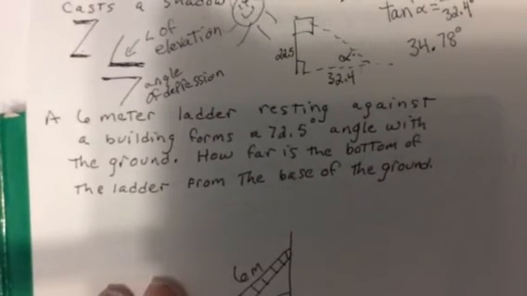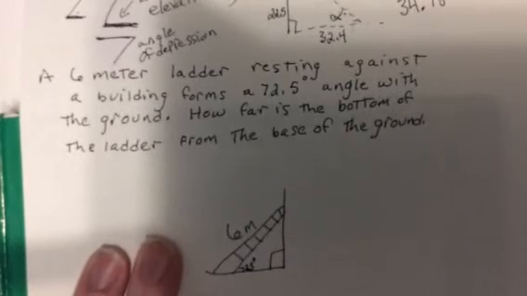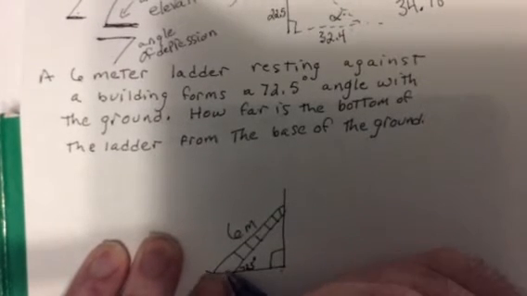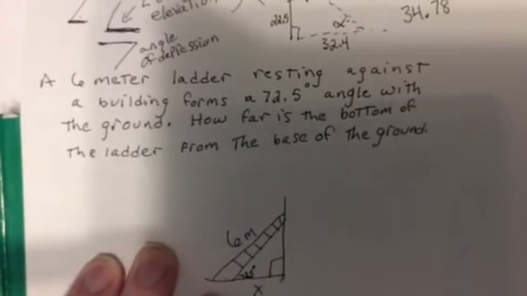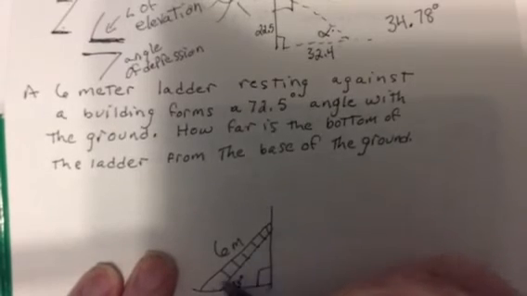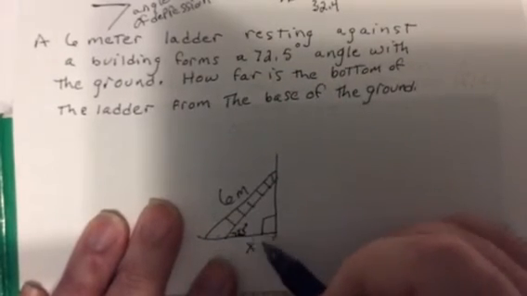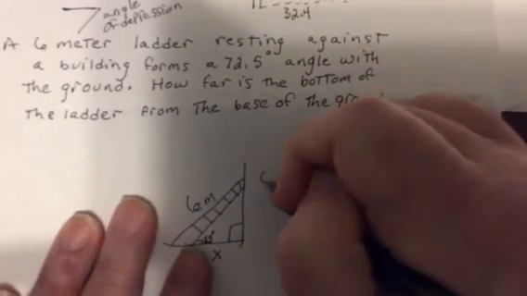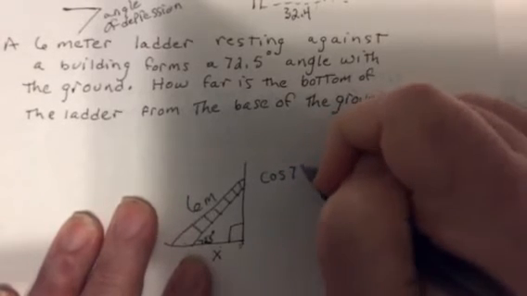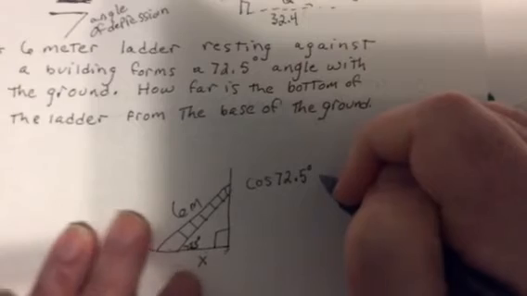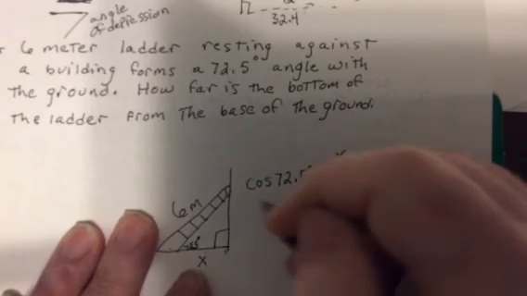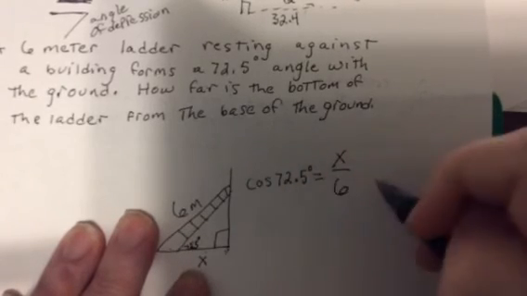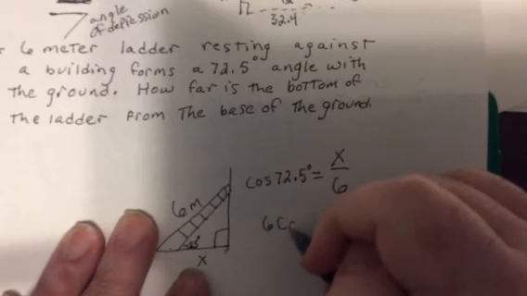So here's 72.5. How far is the bottom of the ladder from the base of the ground? So we're looking for this. We have the angle and we have the hypotenuse. It's adjacent over hypotenuse. So it'd be cosine of 72.5 equals x over 6. So I'm going to multiply both sides by 6. So it'll be 6 cosine